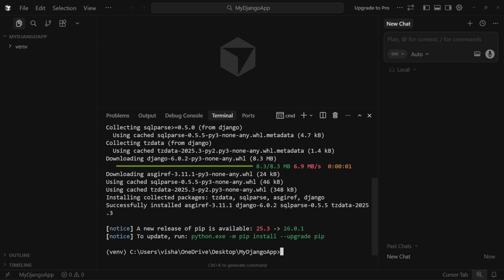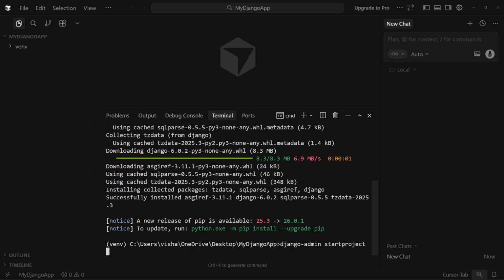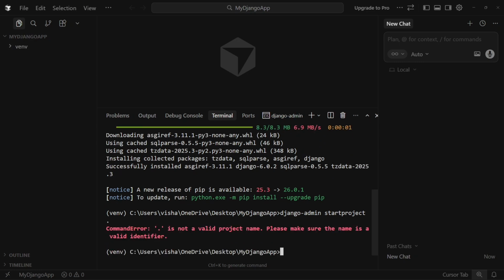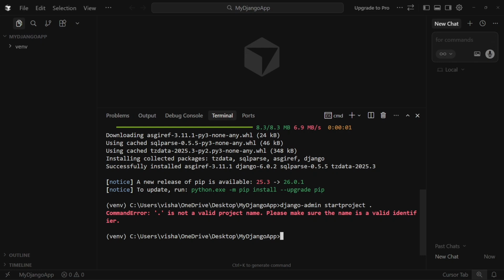So now you can just enter this command django-admin startproject and then your project name. Since we are already inside our project folder, just enter period and then hit enter. So what this will do is, okay, it's not period. Okay, so let me fix the command. So the command is django-admin startproject and then your project name. We have called this My Django app, so I'll just write My Django app, and then you need to write